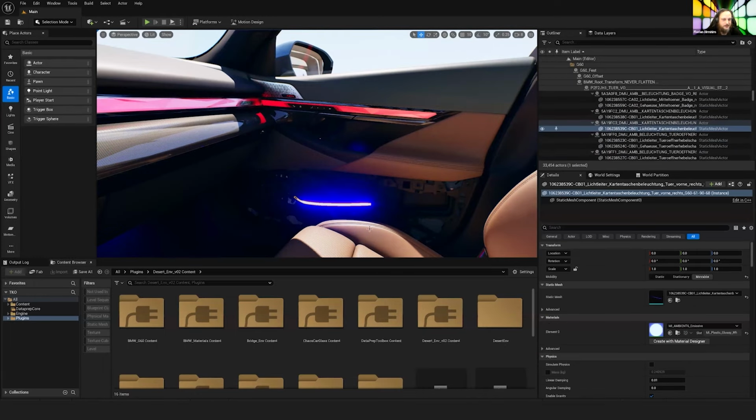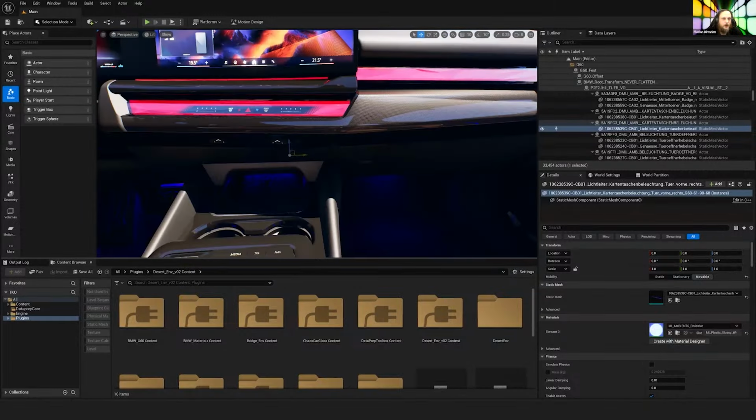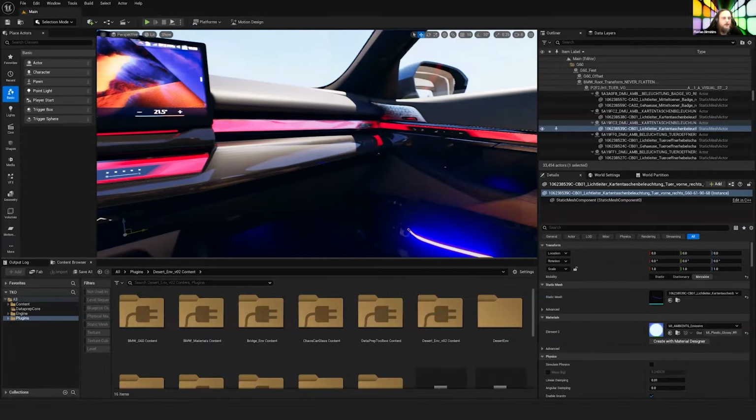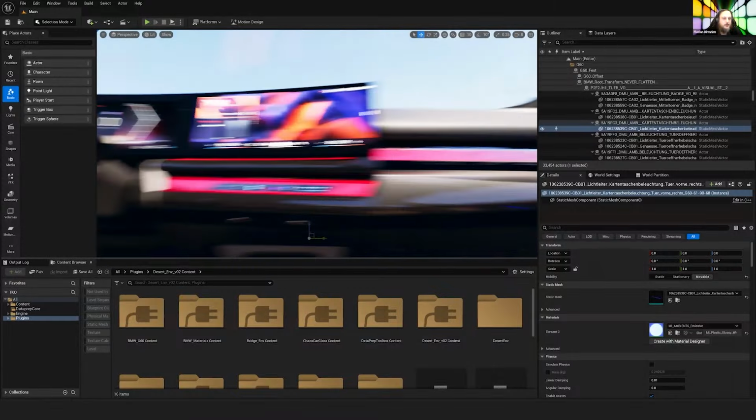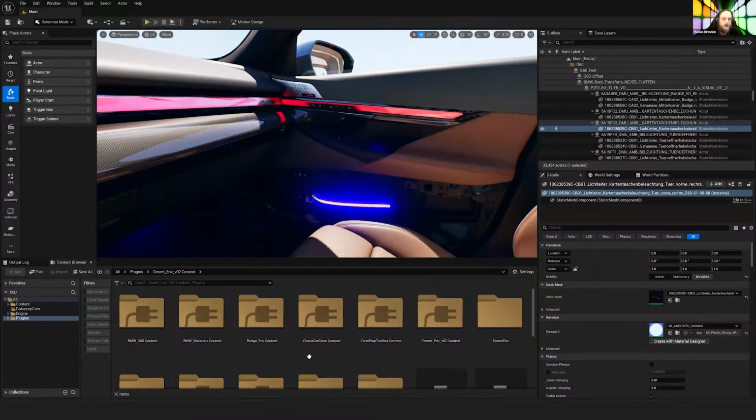again, this is not faked, right? This is an actual ambilight, the so-called Lichtleiter in German. This is the actual geometry that is just using an emissive material, and all of this is bounce light, right? The same is for all those panels. They are all dynamic, they are all emissive, and they are all contributing to the light. And with that,